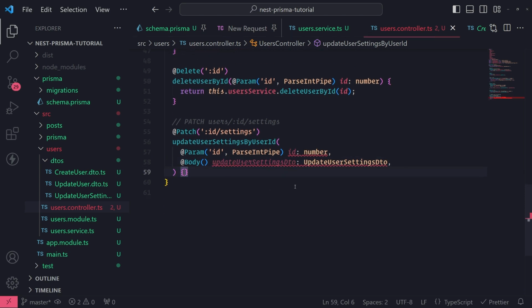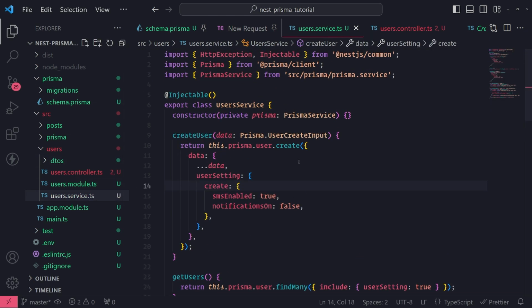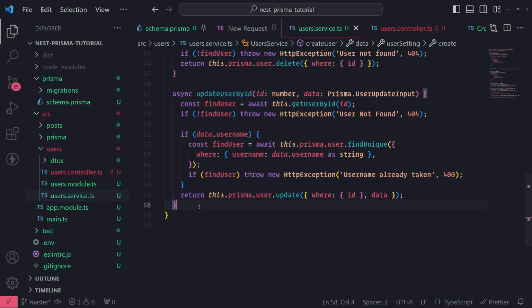And then now we just need to go ahead and call a method in the user service layer. Again, I would recommend you have a separate user settings module where you have a user settings controller and a user settings service, because you want to keep these things separate. But just to keep things simple, we'll use the same user service to handle this. So inside the user service class, I'll set up a method called updateUserSettings,